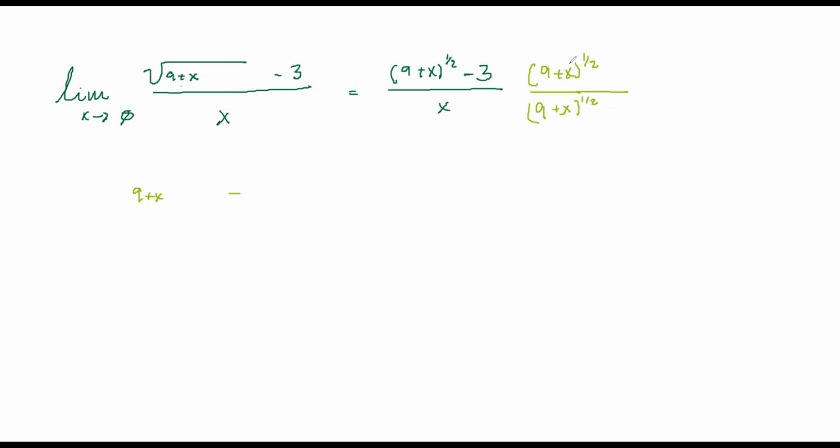Well, so what we would do is we'd multiply this by this. The square root times the square root, we're going to end up with the 9 plus x. Right. Then we'll end up with minus 3, and then we'll just have 9 plus x here. And then down here, we're going to have x, 9 plus x. So let's do it with the -3, but that's not gonna help, because then what we're gonna end up with is, yeah, that's not gonna help.